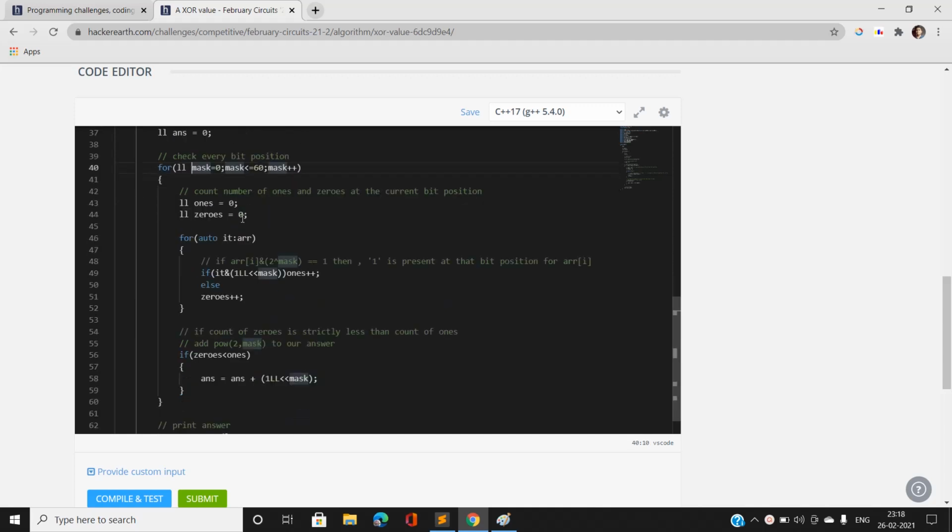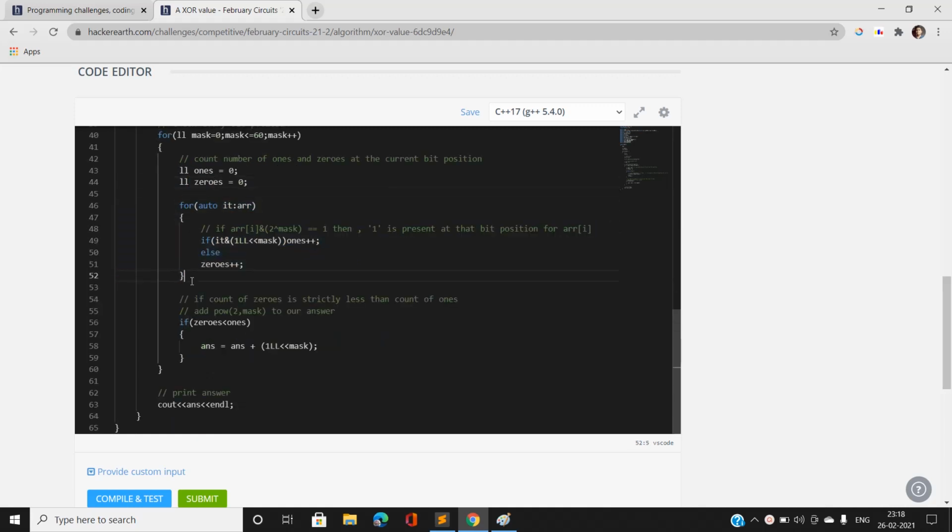Count of ones and count of zeros. Now I'm going to iterate in the array, and I'm going to do this operation, that is array of i AND 2 power mask. Note that 1 left shift mask is actually the left shift operator that will efficiently calculate 2 power position. That is, this will give us 2 power mask.